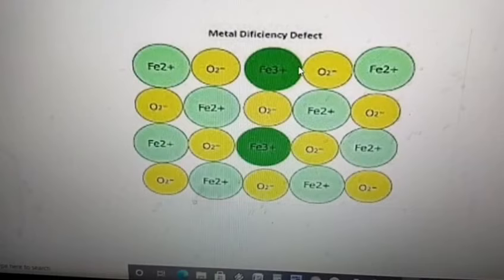Conductors are the solids whose conductivity ranges from 10^4 to 10^7 ohm^-1 m^-1. So if the conductivity range is 10^4 to 10^7 ohm^-1 m^-1, then we can call them conductors. Generally the conductivity of metals is around 10^7 ohm^-1 m^-1. So those metals are called good conductors.